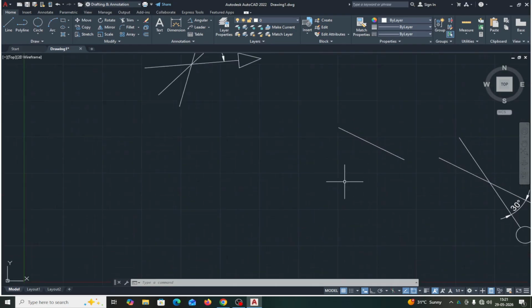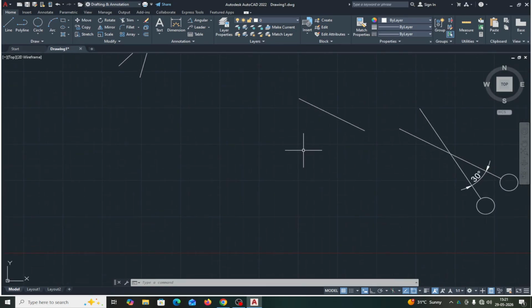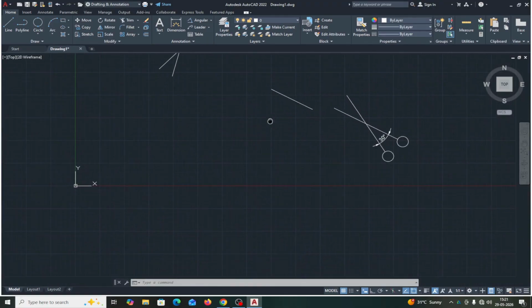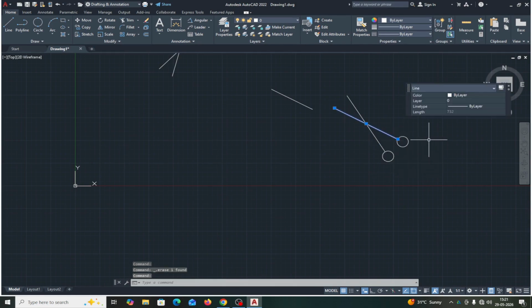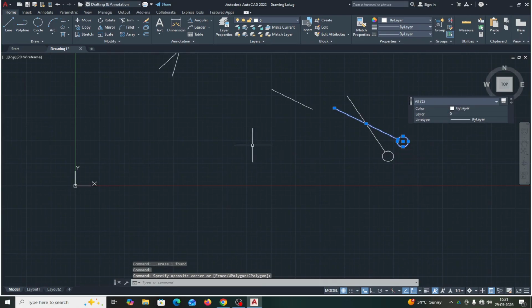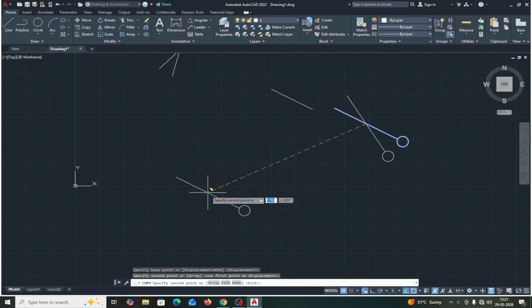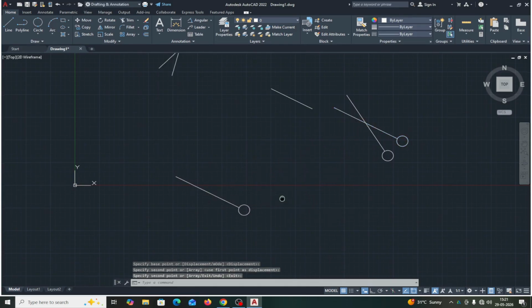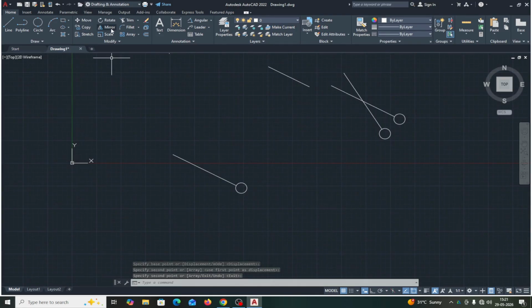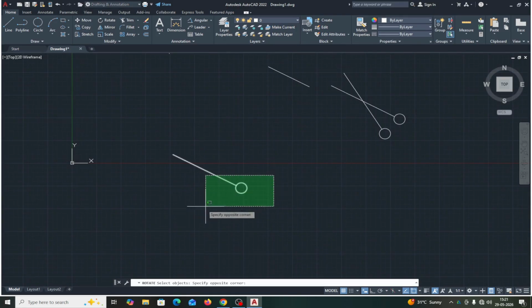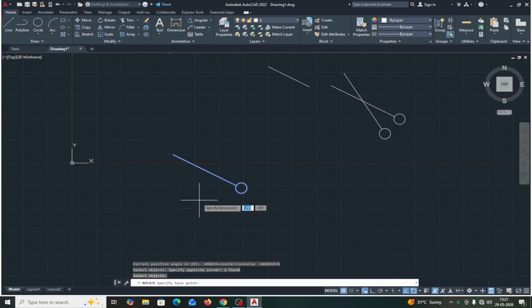Suppose I take one more example. I take a copy here, I delete it here, delete, and this one, copy, base point, this is copy, enter. Okay, suppose you want to rotate, completely select and enter, base point, this one. Now you want to make a copy,